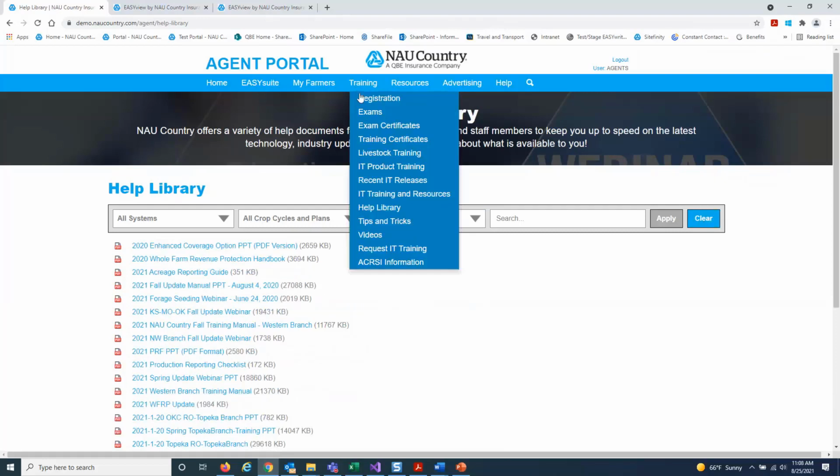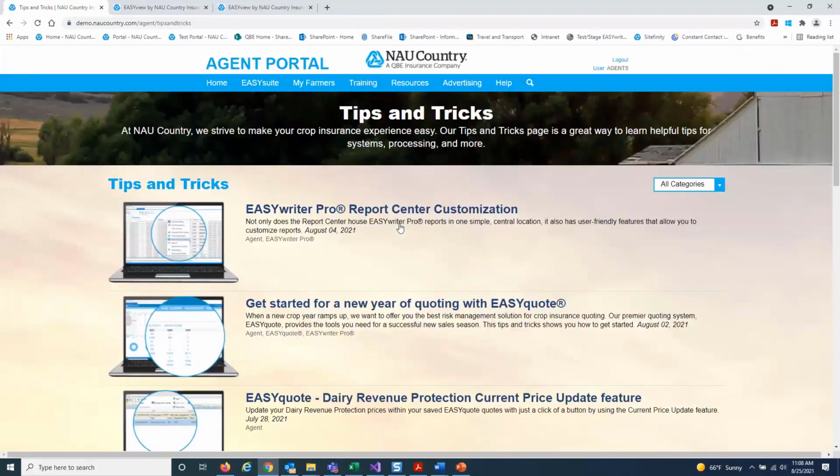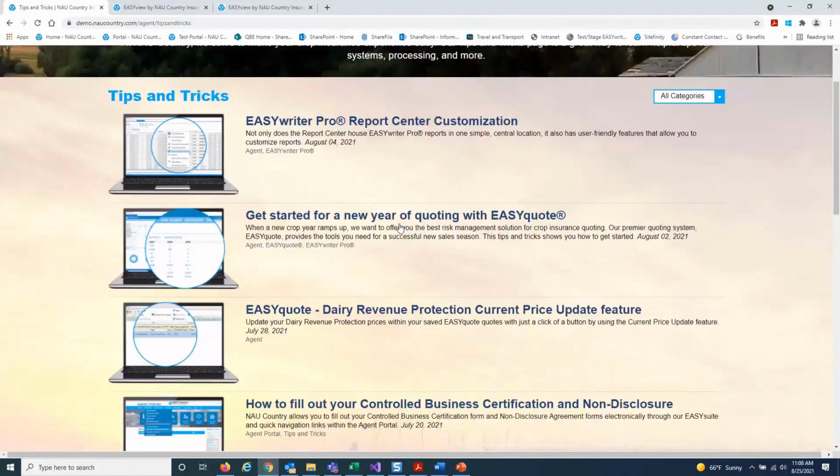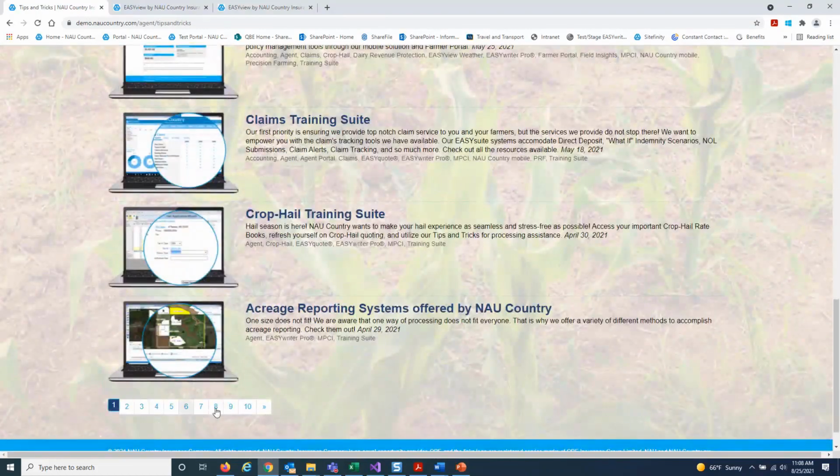And we're going to go back to the drop down here and talk about the next resource, which is tips and tricks. I'm going to come here and show you what this looks like. I know many of you are aware of our tips and tricks, have come out here, which is great. But for those that haven't, or maybe you're not always sure how to find the tips and tricks, this is where you go to find helpful articles on using NAU Country systems. And now, yes, like our documentation in our help library, there are many, many pages of tips and tricks,